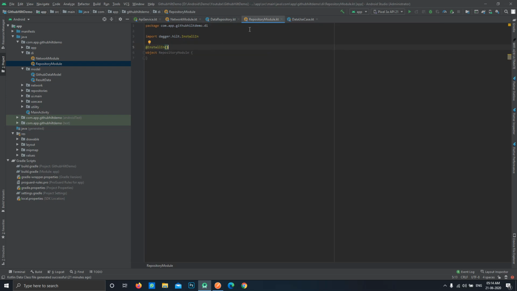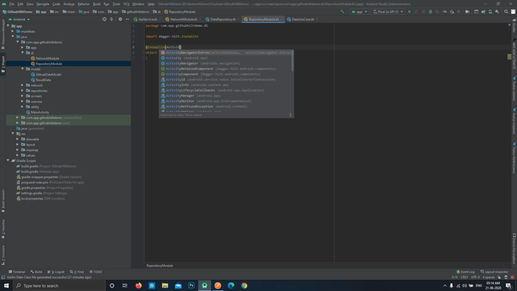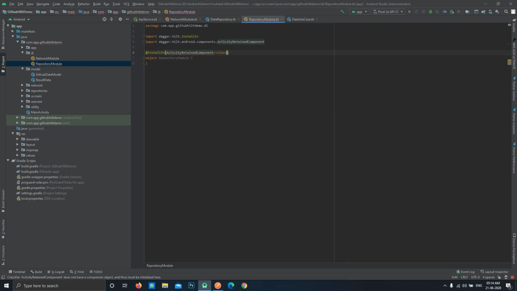There I have explained that activity retained components are used for creating an instance of anything for the view model. These instances are automatically created when we request them, and they are cleared when the view model is cleared. So this will be our activity retained component class.